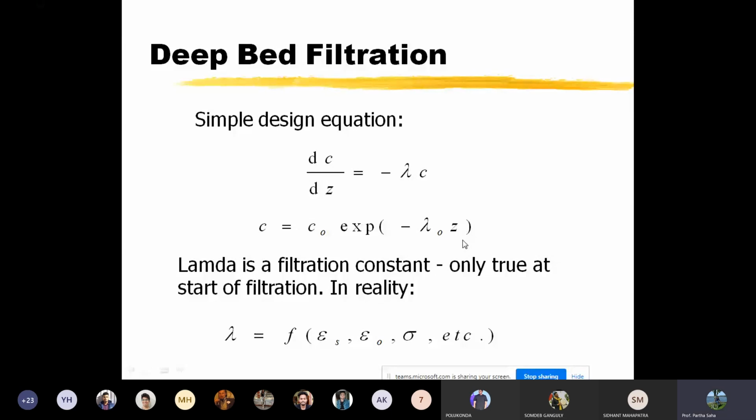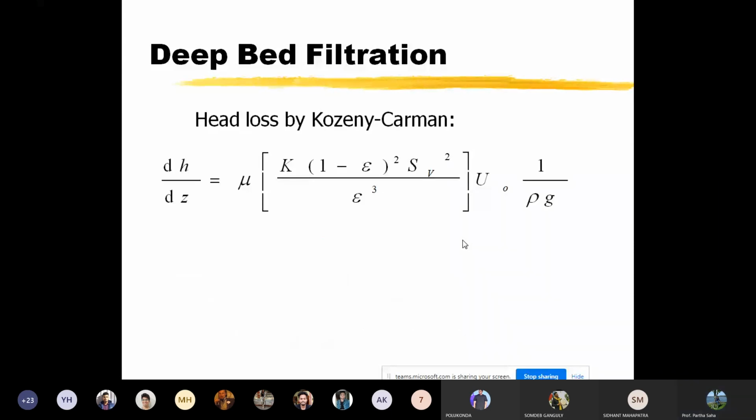You don't need to understand this. This is a deep bed. I'm not going to go into details. You just remember these equations. This is not going to be useful for you also, but since it was here, I presented. Better you remember this expression. It will be used if somebody is interested in filtration, deep bed filtration and collection of fine particles.